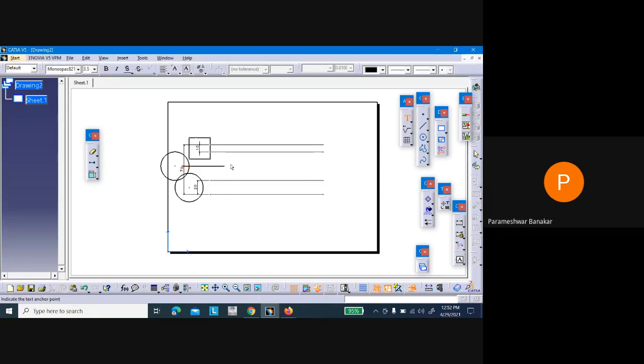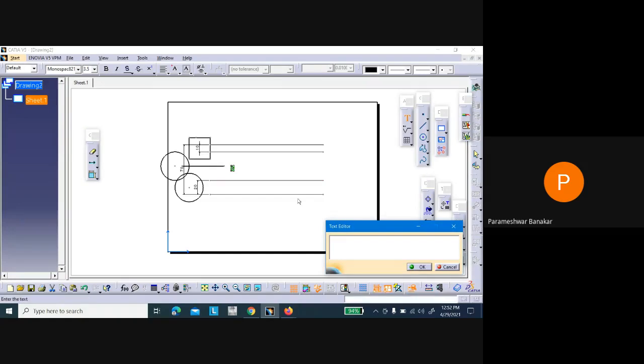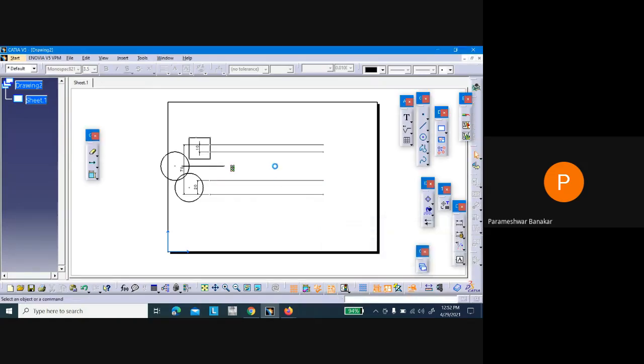So I'll go to text. Here I'll write, this is nothing but h. Let me increase the size. Okay, this length is called h, and this is 10.